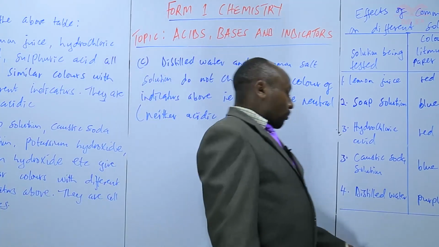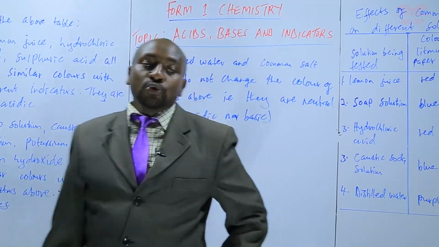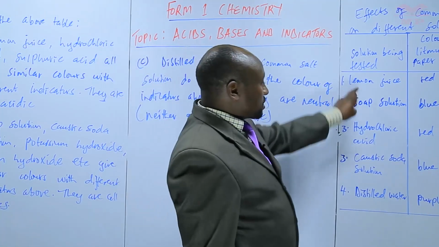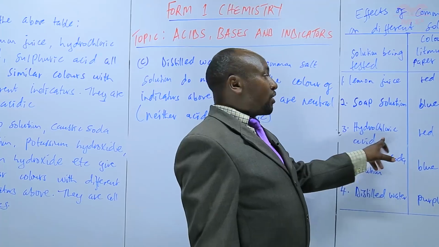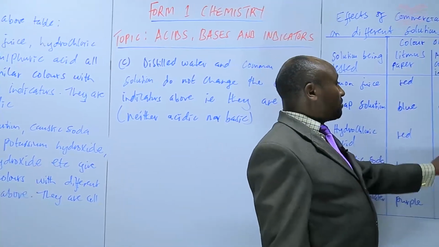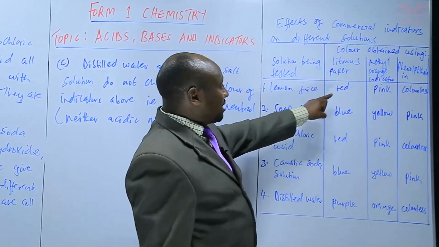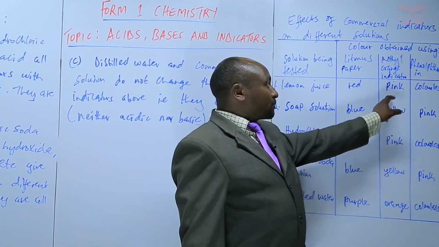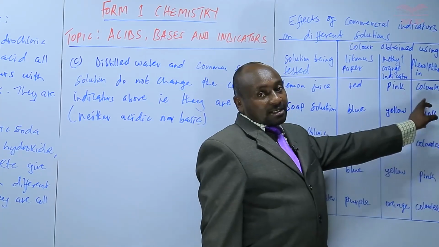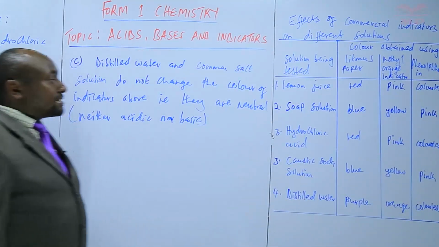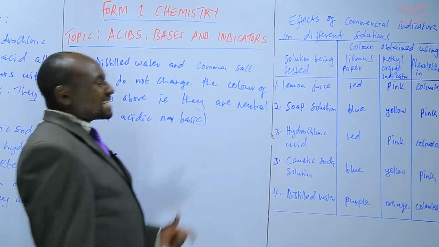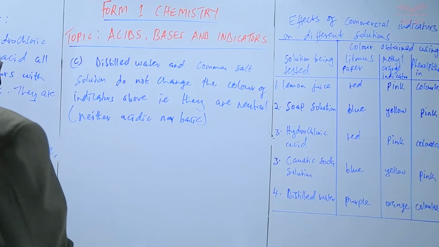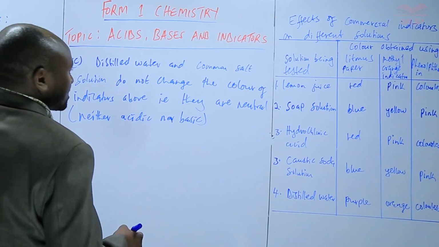Distilled water, common salt, sugar solution, those ones have no effect on the indicators. But you can see that lemon juice, hydrochloric acid, sulfuric acid, those ones are acidic. They are giving you similar colors. If it is using litmus, all of them are red. If it is using methyl orange, all of them are pink. If it is using phenolphthalein, they are colorless. So if the behavior is the same, then it means that they have the same properties. So we can summarize that again and say that